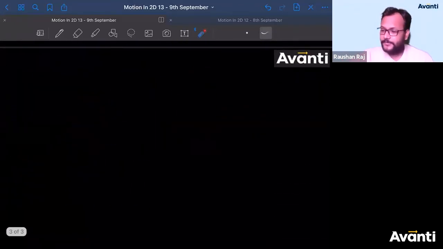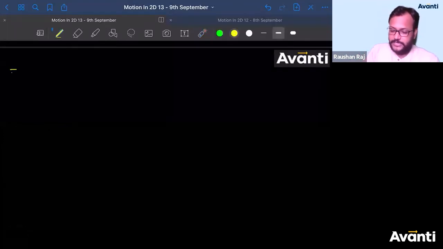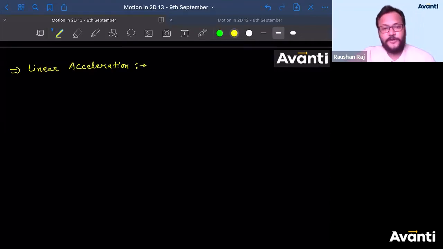अच्छा guys, tell me, if I ask you about linear acceleration of the particle undergoing a circular motion, first of all tell me, how can you change the velocity of the particle? What are the ways in which you can change the velocity of a particle? बोलो बच्चा लोग. Guys, please answer me. Yeah, Meghna is saying, sir, by changing its direction.